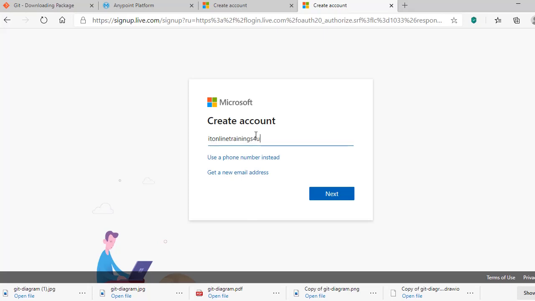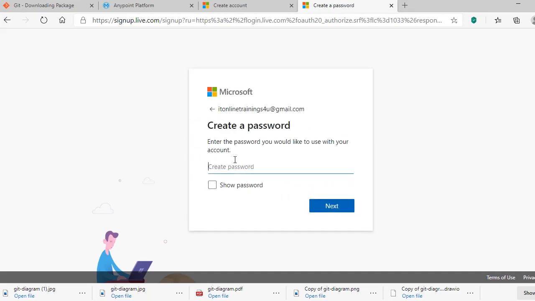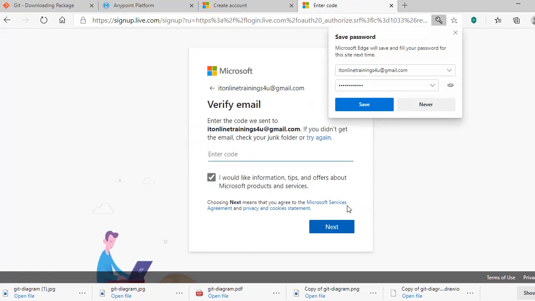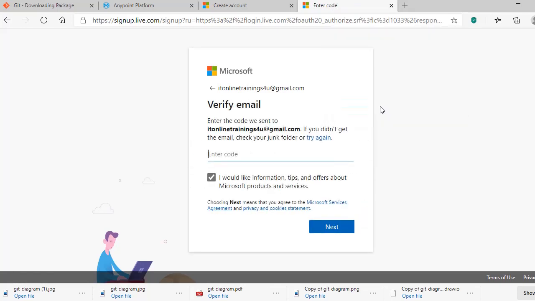So I'm creating one account now by using my Gmail. Here you can set up a password. It will send you a verification code. You need to provide that in order to complete this registration.